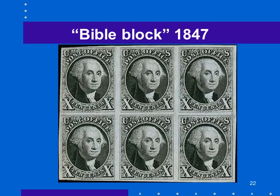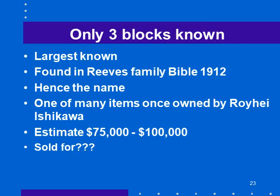$220,000. Another block, this one called the Bible block, also from 1847, also the issue of Turn It Back In. Now this is 60 cents, which I suppose today isn't that much, but back then, that was a lot of dough, and you would want to turn in your unused stamps. This is the largest one known. There are only 3 blocks known, and it was found in the Reeves Family Bible in 1912, hence it's called the Bible block. And this was one of many items once owned by Roihei Ishikawa that was sold in this sale. Now the estimate was $75,000 to $100,000, and it sold for